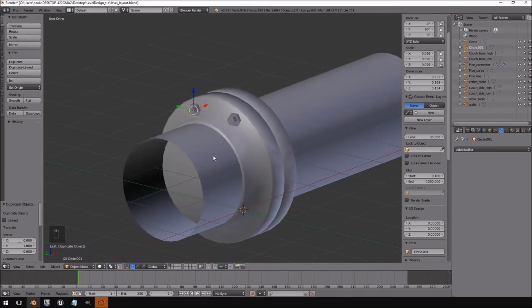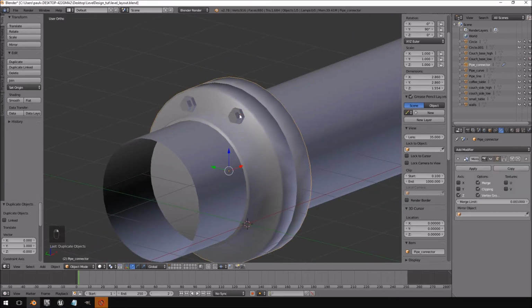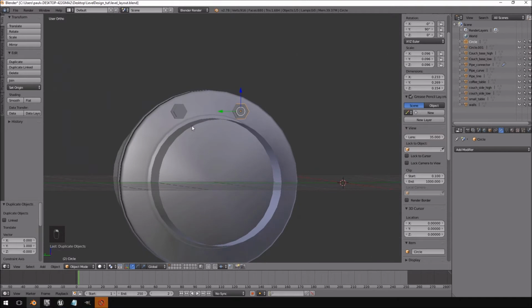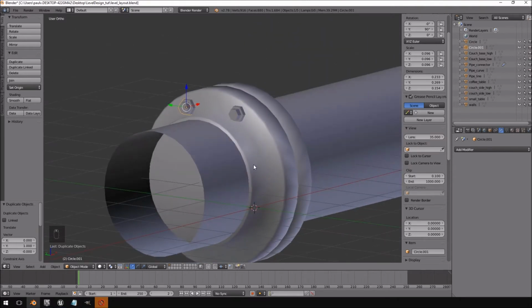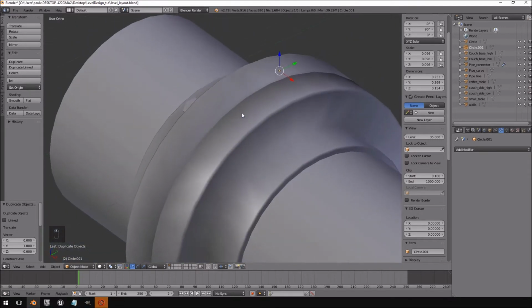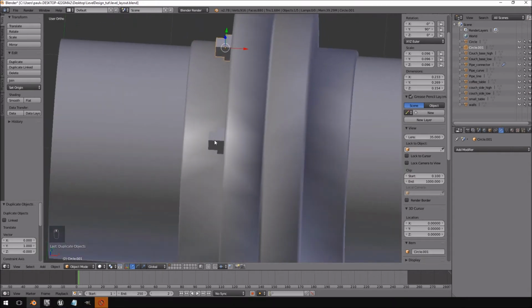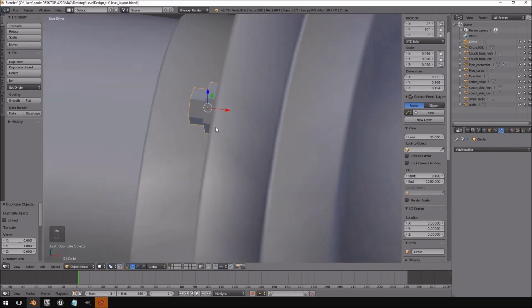But that's also another thing, you can apply a UV map to this one bolt and then just duplicate it, and then all will use the similar or same UV map over and over again. So we have our bolt, it is pretty much done, except that we need it to come out on the other side as well. So what we'll do here is we're going to hit,